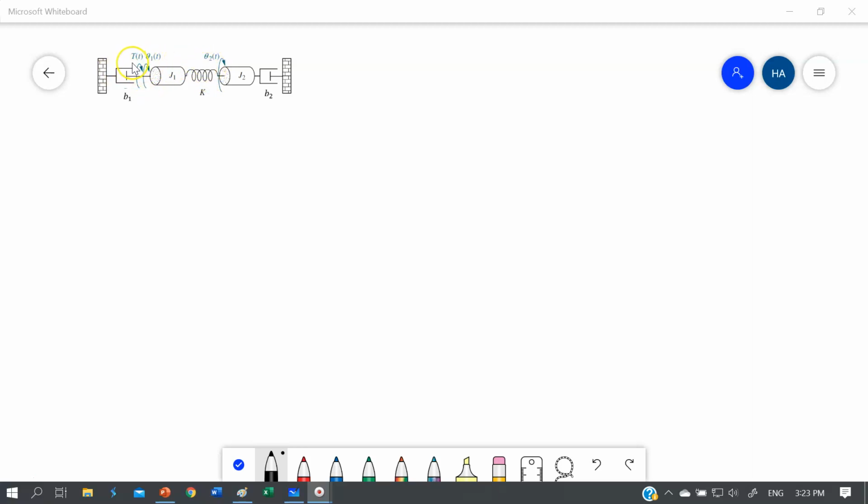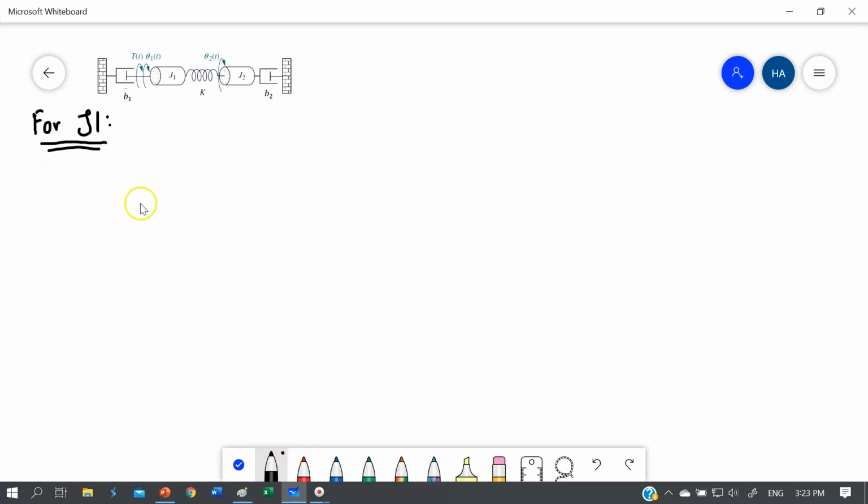So this capital T of t is the input torque. Okay, so these two inertias are connected by this spring with the spring constant of K. So to determine the differential equation that represents this system, we have to solve for individual mass. Okay. So let's start with J1. So for J1,